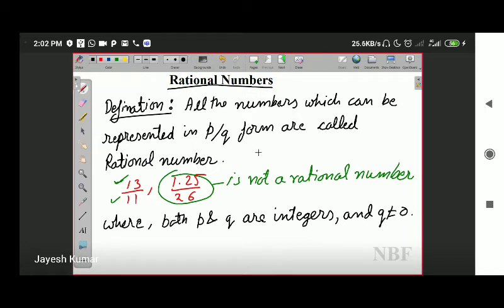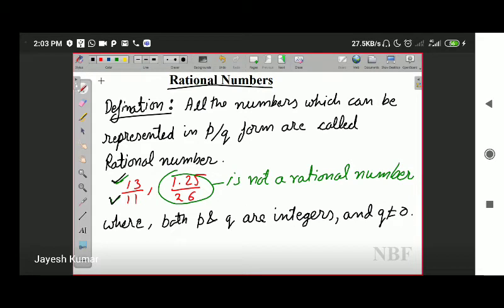What it means is that essentially the numerator is an integer and the denominator is an integer. Numerator can be any integer, it can be 0, it can be negative, it can be positive. But denominator can be either a positive integer or a negative integer. As such, we do not take negative integers to the denominator as well, but we have a method to rectify that. So we are just talking about Q is not equal to 0. We are talking about that the denominator of our rational number cannot be equal to 0.